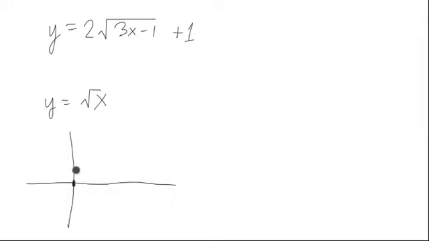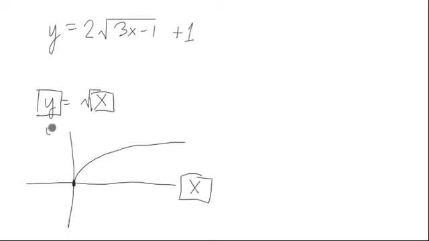First, let's look at the graph of y equals square root of x, half of a sideways parabola. Now, I'm going to put boxes here. And we have this axis, the x-axis with a box, this axis, the y-axis with the box. Now, you notice how I did that? Let's see why. First, let's take this and rewrite this, subtract 1 and divide by 2